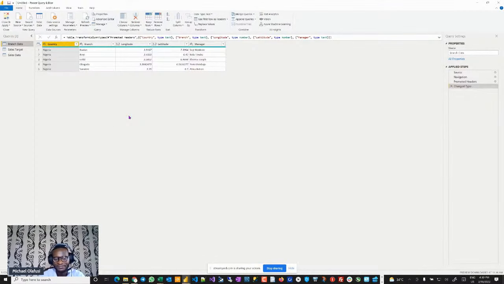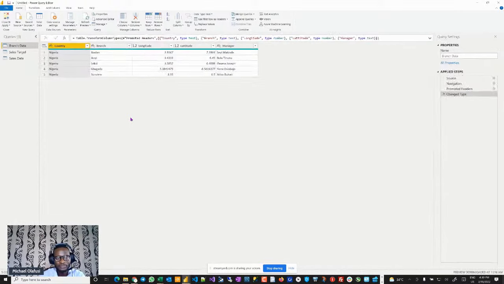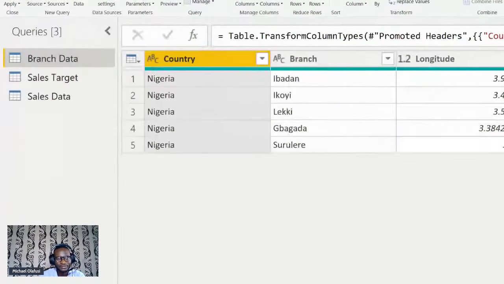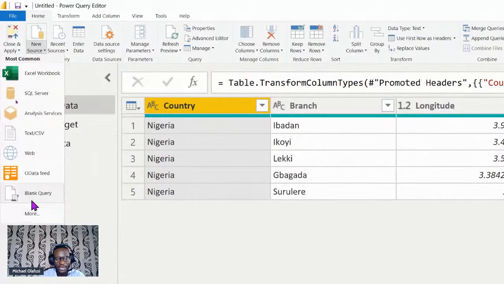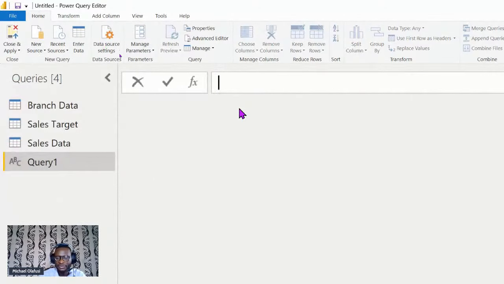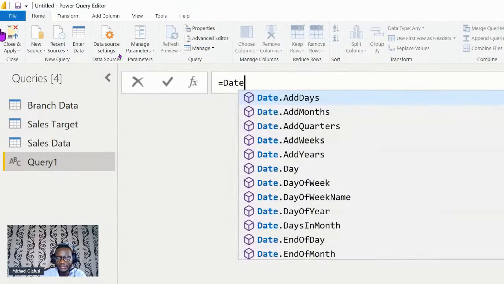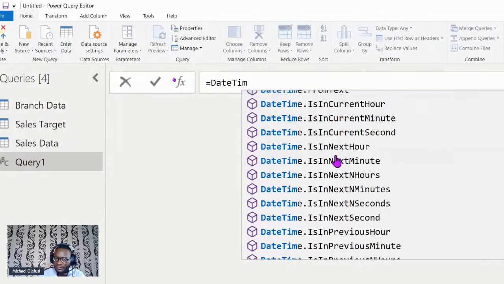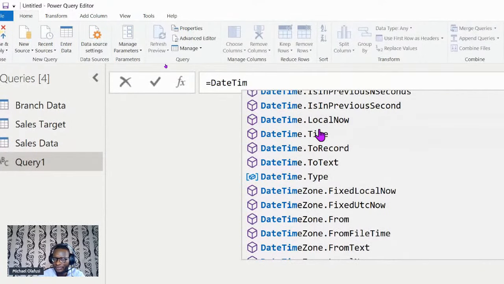So I come back here and let me increase the zoom. I'm going to create a blank query, and I'm going to call this blank query Dates. It gives me a lot of options, but I know what I want.